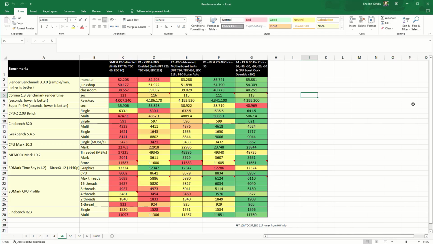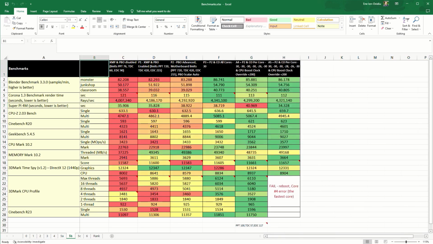The new benchmark result is encouraging. The temperatures in 3D Mark TimeSpy and CPU profile were lower. However, Corona benchmark loaded again very slow, and the SuperPi score was a bit disturbing. Therefore, I decided to decrease the curve for core 3 to -28.